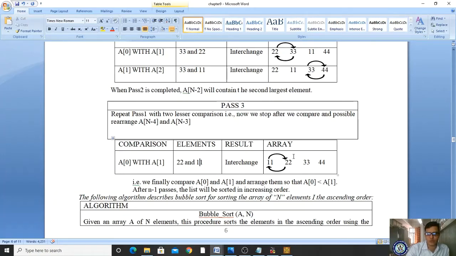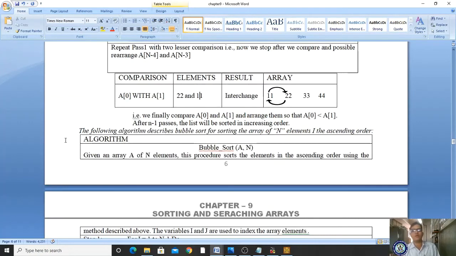Got it? So likewise we write the algorithm for bubble sort. In the last iteration, the least element is present in the a of 0th location and the highest value will be present in the a of nth location.